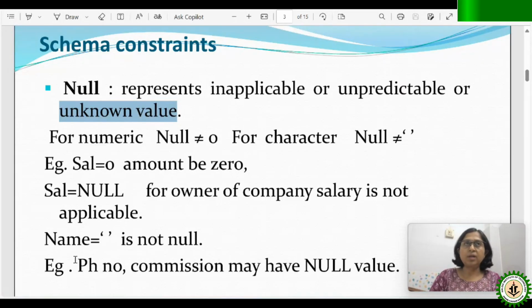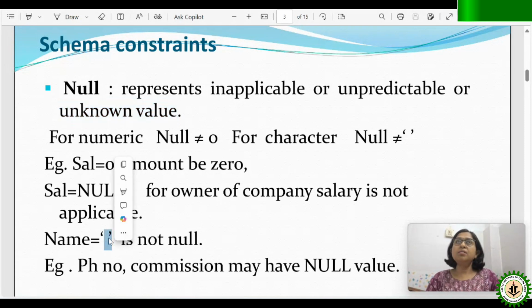For example, if I don't know the value of, say, the name of a student, but I know the roll number, at that point of time I'm not sure about the name. So what can I do? I will put null in the place. But we cannot put a blank space, because the system will assume that the name is blank, and that is not a logical way of thinking. So we cannot allow a blank space as a null value. Null is not a blank space. You have to place a value null.